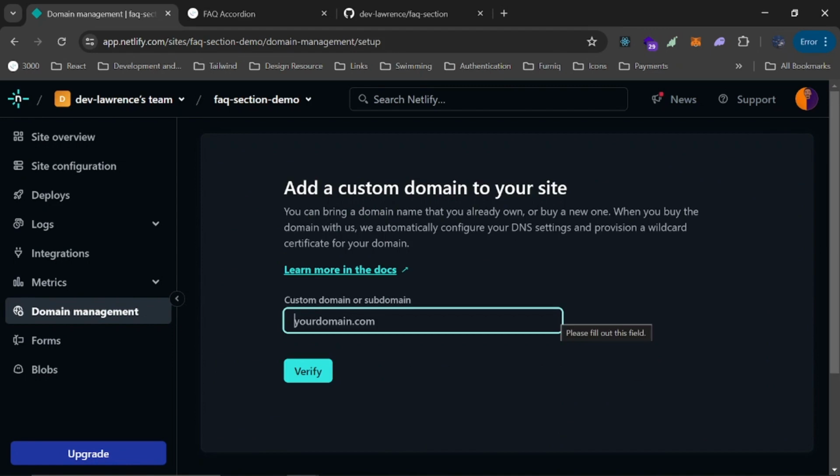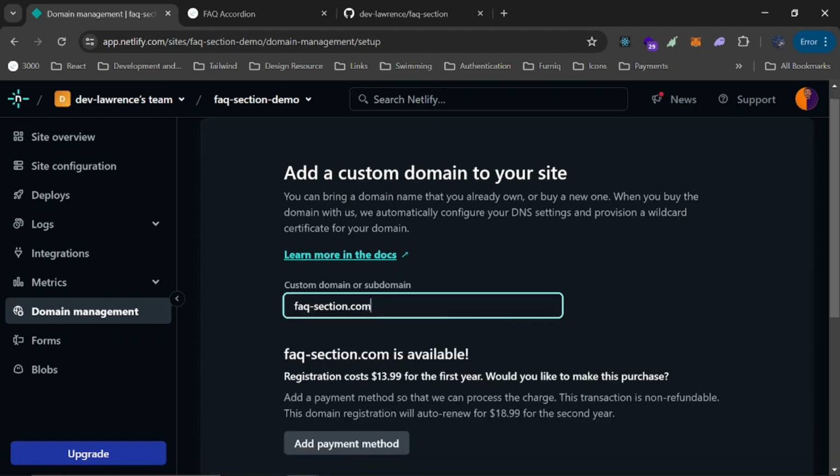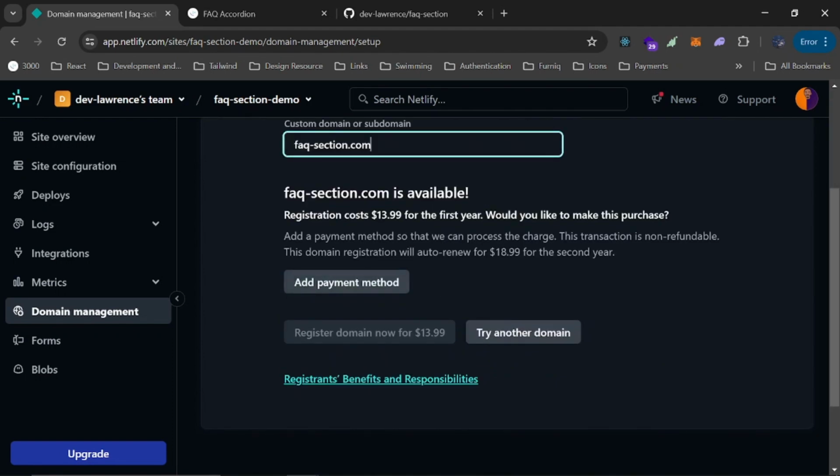So you should set up your own, let's just say faqsection.com. If it's available, it should tell you to just buy. But if you already bought a domain from a service like Namecheap or Hostinger, it should tell you that your domain has already been taken, and you should just click on it